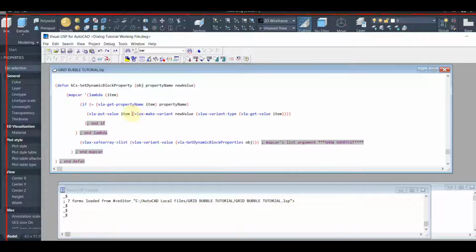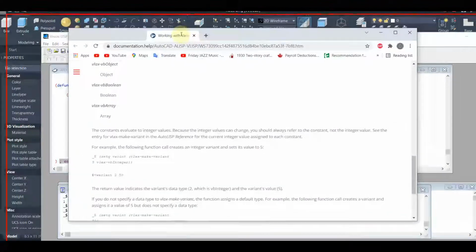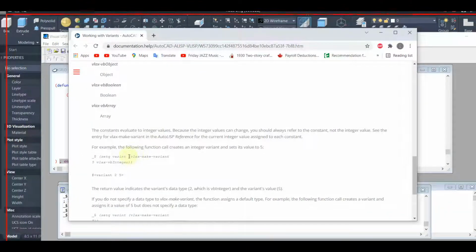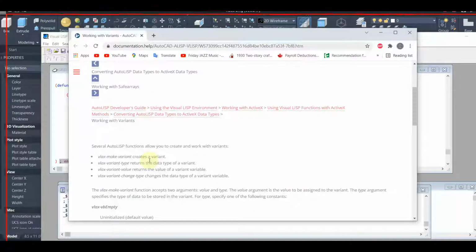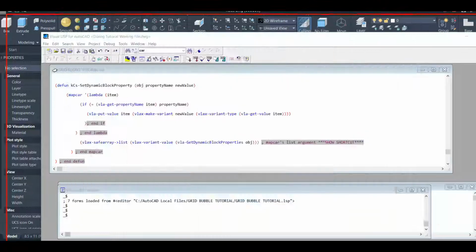So yeah, this is a little bit confusing, but I'm making a variant. I'm actually using the property itself to grab the variant type from, and that's how I get this value. This is what I was using, the vlax-make-variant, and see how he has 5 as his value, then vlax-vbInteger. So let's see what it says up here. I'm actually going to pull up the